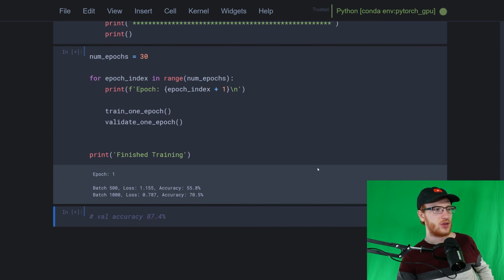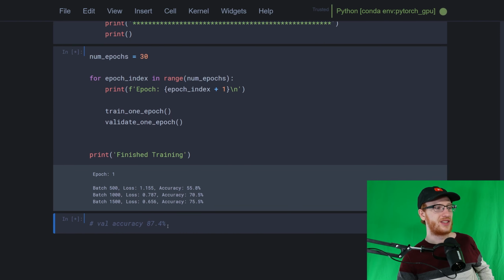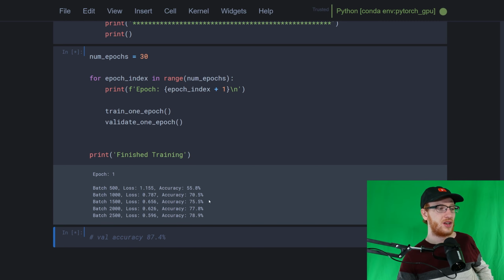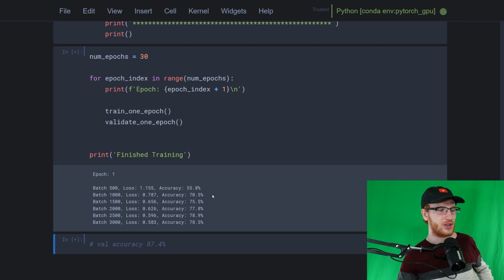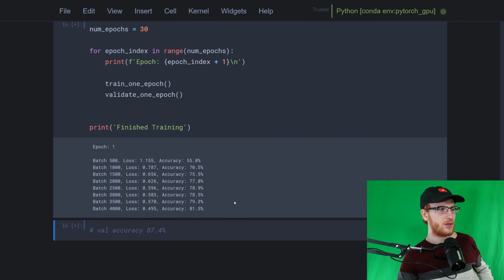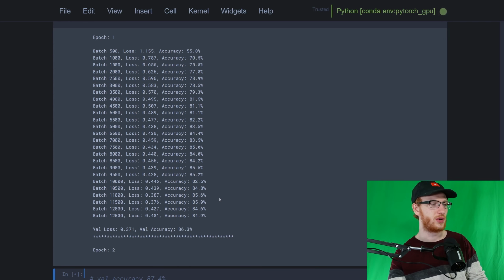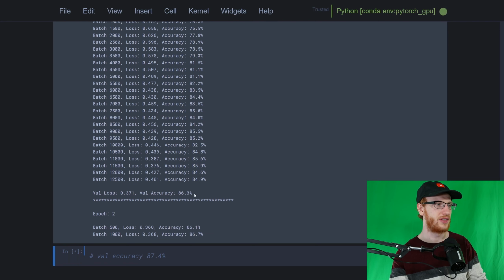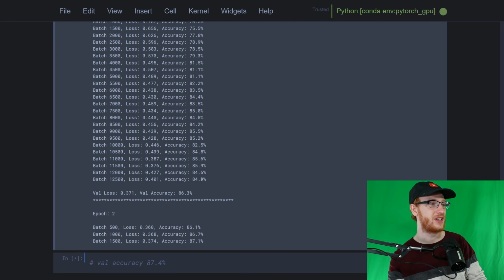Remember, we're trying to beat this validation accuracy of 87.4%. I think there's actually a decent chance that this model is going to beat it, although it might be overfitting too much, I'm not sure. Here, it's quickly going to 80%, 82%. And okay, we're already getting a rival here. At the end of the first epoch, we have a validation accuracy of 86.3,